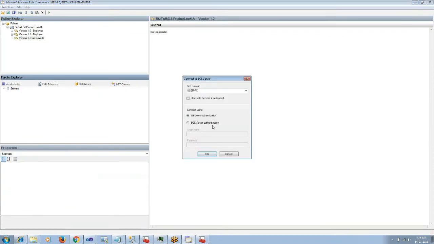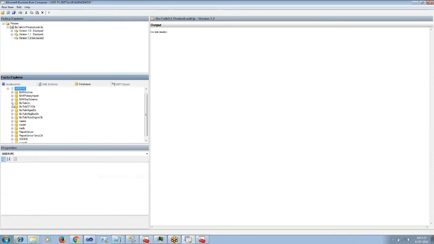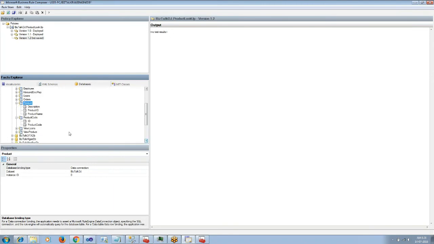So we normally go for a database approach in BRE when there are too many rules that have to be configured in the BRE.